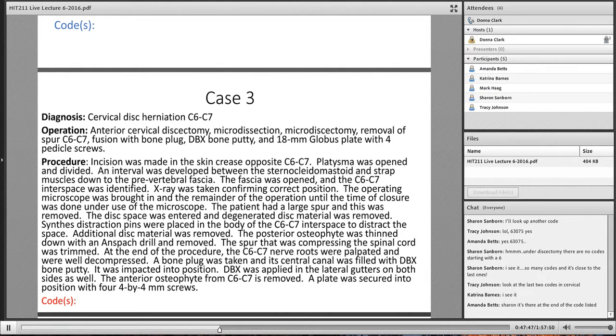So 630, still flipping. I'm slow. Sorry. Alright, I think I'm there. 63075. So it says discectomy, anterior, with decompression of spinal cord and nerve roots, including osteophytectomy, cervical, single interspace. So that looks pretty cool. However, there is a however. When you look at the notes right up on the 63075,